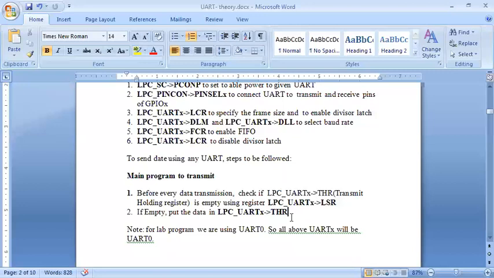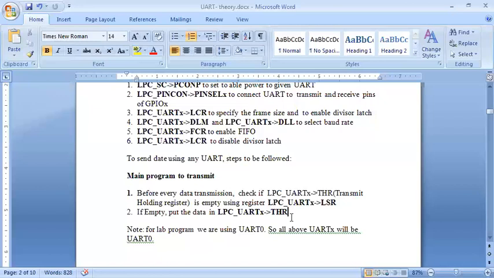When it's going through the FIFO to UART, it goes bit by bit. UART has a slower speed, but my processor program is much faster. So it's not confirmed that before I put B, A is gone. I should be careful about that. So before putting data in the THR, you have to make sure the previous data is transmitted.